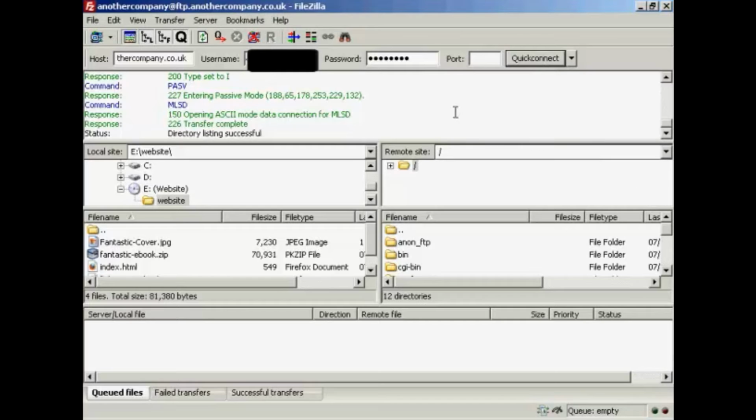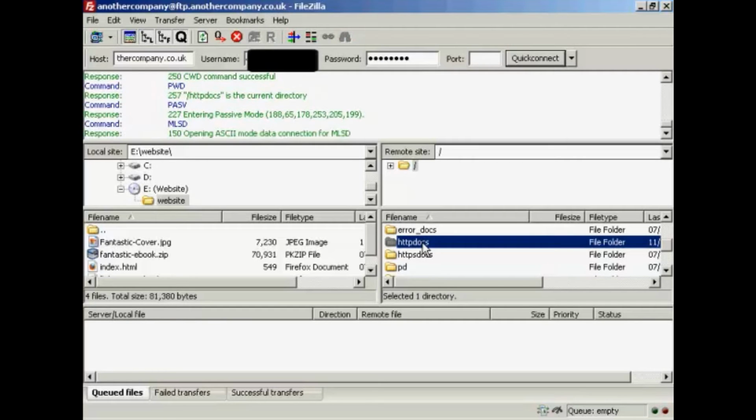And you can see it shows what's on the hard drive, or in this case a CD-ROM that I want to upload, on this left hand side of the pane, and it also shows what's on your server on the right hand side. And I'm going to upload this into HTTP docs, as it calls it on this particular server. Some servers will call this public HTML. Just double click there,